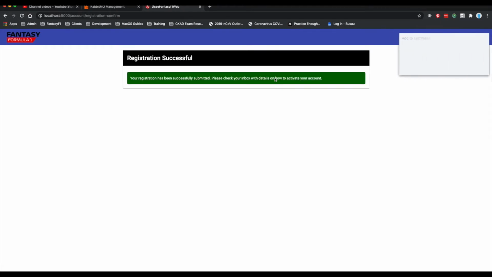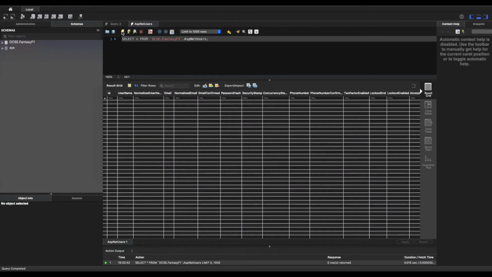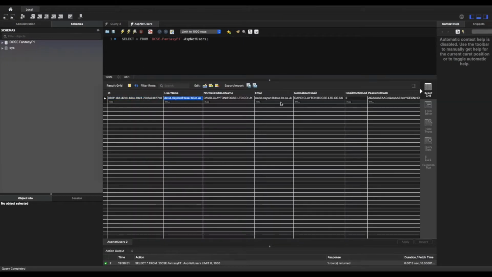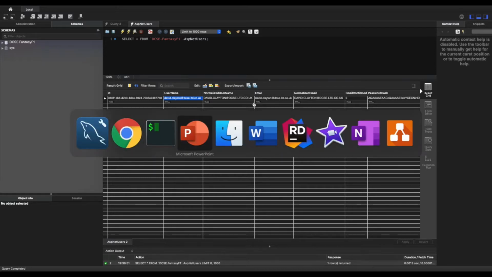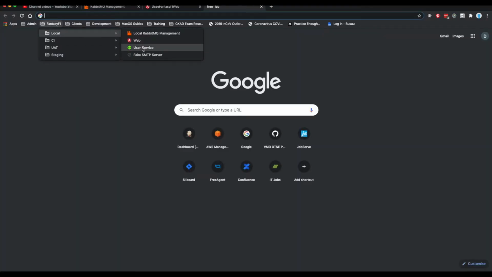Once we do that, we get a registration. So behind the scenes what this has done now is actually gone off to the user service, persisted that record into the database, and then used the message queue to notify the email service to send an email out with an activation link. So if we look at the database, we should be able to see, here we go, so user is registered in there successfully,